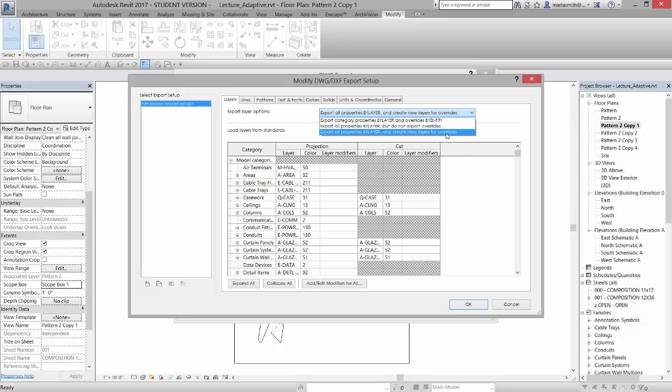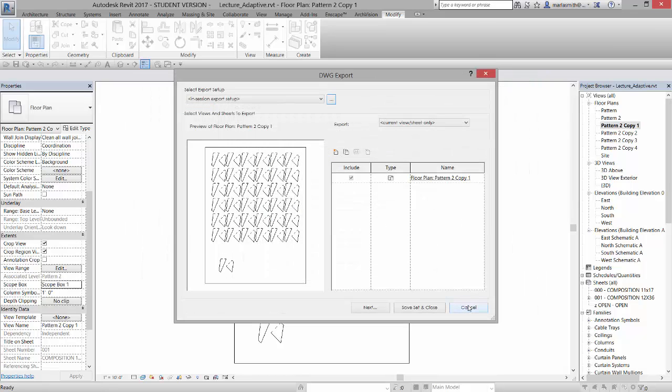So select that, and that's going to separate those lines that we have, the hidden lines and the solid lines, into different layers instead of different colors on the same layer in a couple of different ways. And so once you have that done, you can click OK here, and then you can go to Next down here at the bottom,